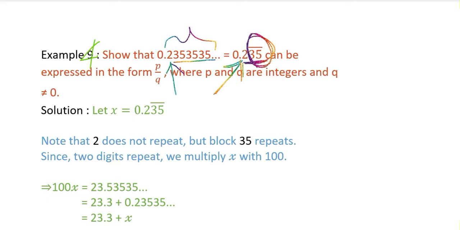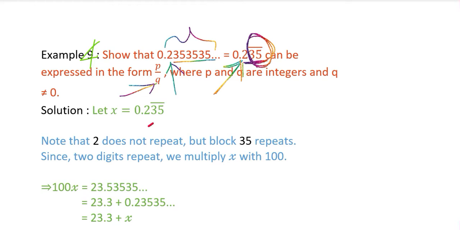need to express it in the form of P by Q. Again the question remains same, or the question could be of the other kind. Express it in the form of a rational number. Show that it is a rational number. So two types of questions. There could be other ways also, but currently let us see. The question can be written in different form, but the answer is same only. So how do we do it?